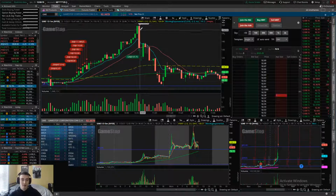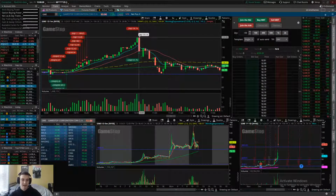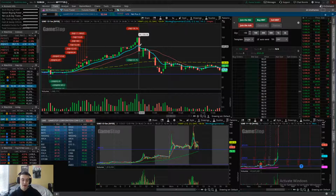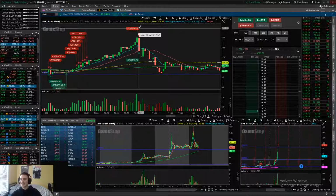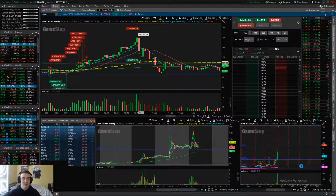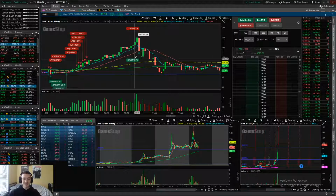But my last trade on it was actually right here, a dip trade right here. We hit that high of 159. I saw this thing just come crashing down, and I bought a quick dip on it for only 20 shares, but I got $2 per share. It's crazy what you can do on this thing. But I got $2 per share, so that's like what, $40. It's a negligible trade, but I just did it